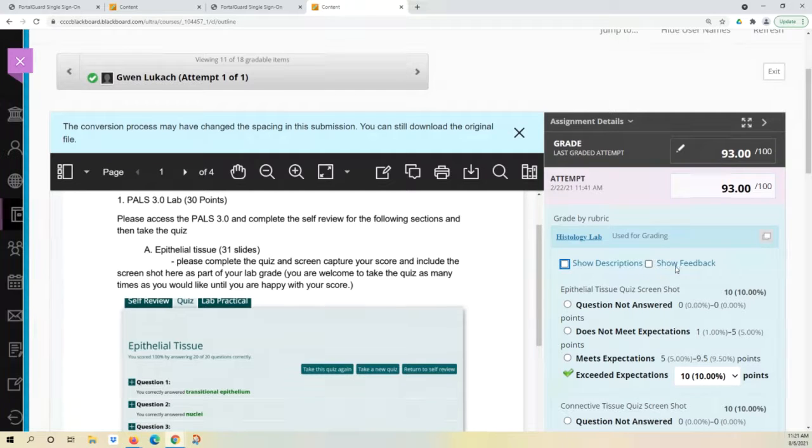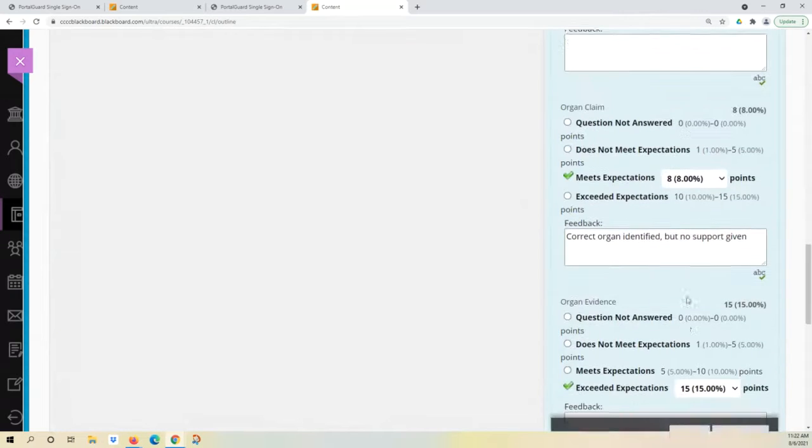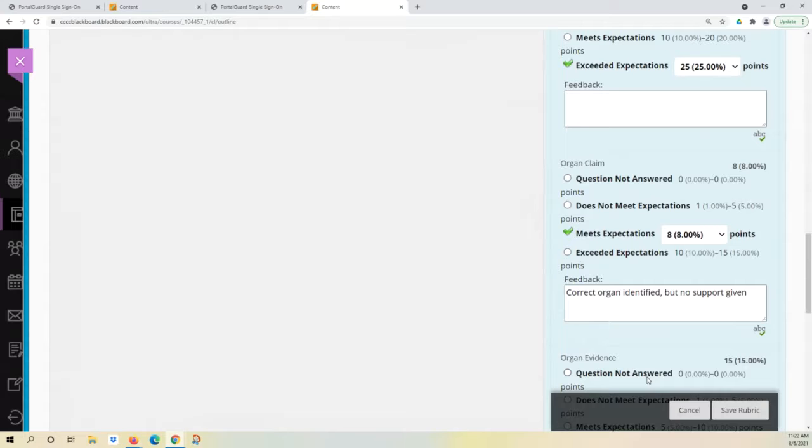The other thing that you can do, and this is what we like for our students, is that when you are grading, you can leave direct feedback to the student. I actually chose this one because I had left feedback for the student. This particular student did not, for this section, the organ claim, earn full points. I like to tell my students, okay, this is why you did not do that, so that you can get